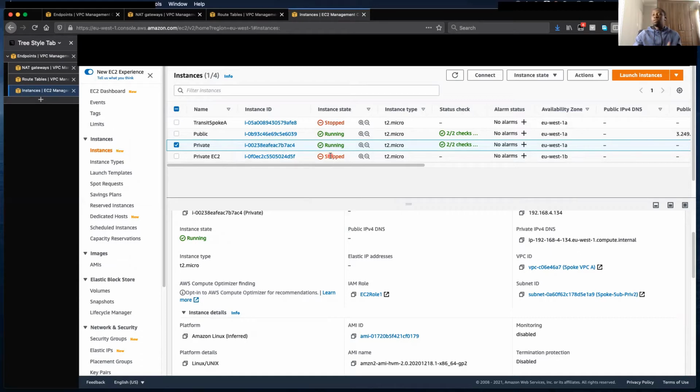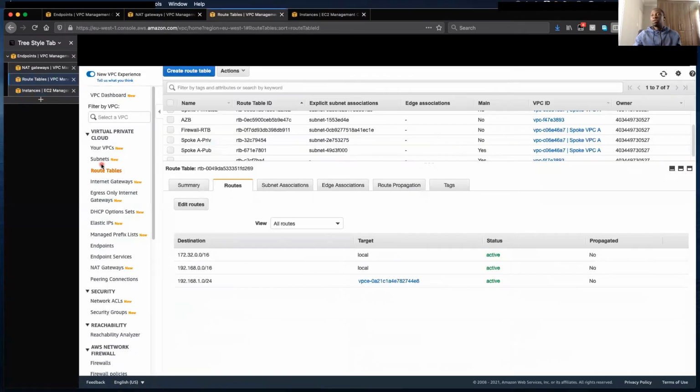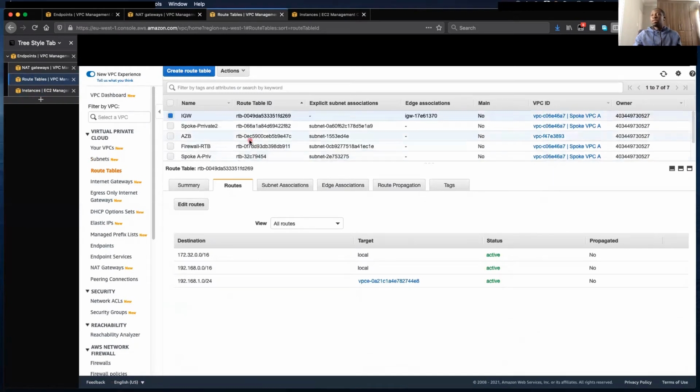So as you can see from there, we're going to look at the private instance subnet. And this is the subnet. The subnet is spoke sub private 2. And this subnet also has its own route table. So you can see every subnet has its own route table to properly decouple resources or workload. So if I jump to this route table, that can just show us, from this route table, we can see,